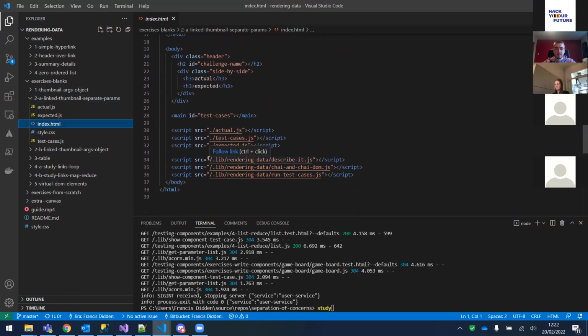It's referencing some files in the .lib folder, which you cannot access this way. But the entire project is set up like this. So the easiest way to make it work is to run the study command from inside this folder, not from inside the rendering data. So if I run study,